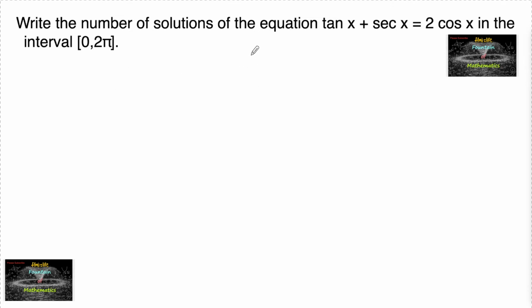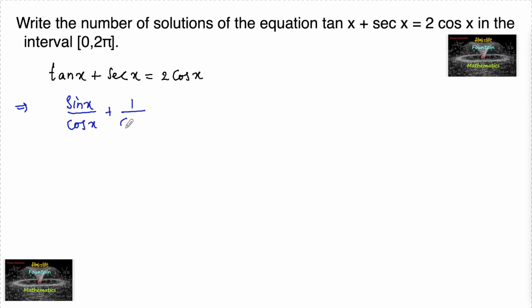Write the number of solutions of the equation tan x plus secant x is equal to 2 cos x. So we can write this as sin x upon cos x plus 1 upon cos x is equal to 2 cos x, or we can write (sin x plus 1) upon cos x is equal to 2 cos x,